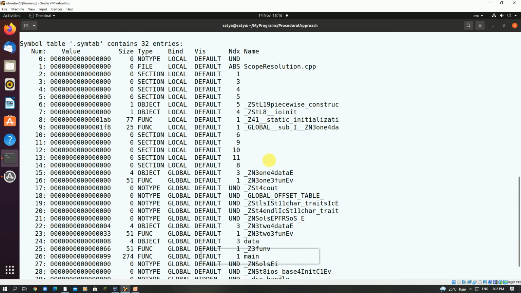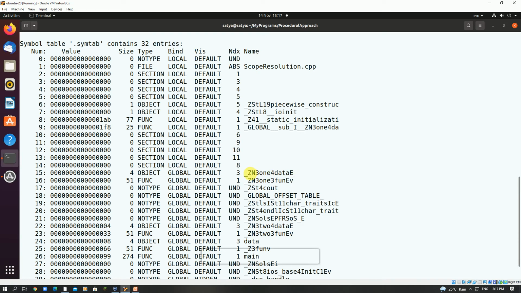Now if you observe here, can you see something like this? _ZN1 4data E. And also you can see _ZN1 3fun Ev.